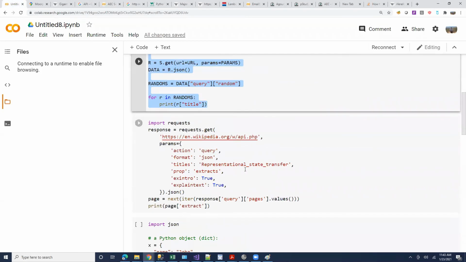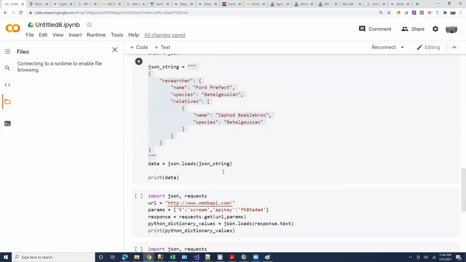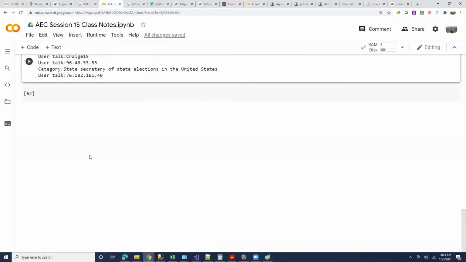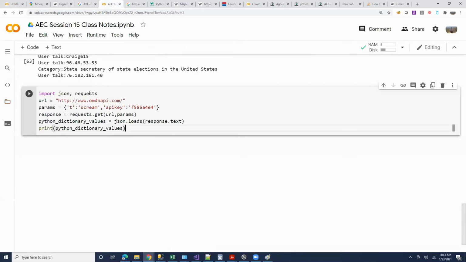Now, I created a few other examples for some movie related stuff. I wanted to show you this thing because of a common practice on websites. So this is a website called OMDB, Open Movie Database, not Internet Movie Database. I think it's an API for IMDb.